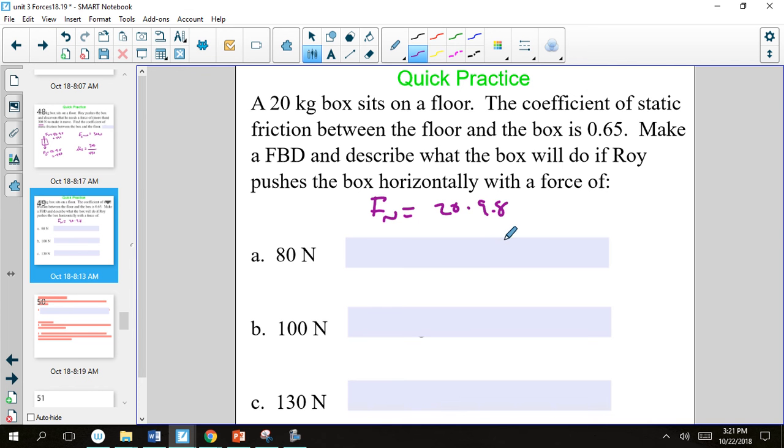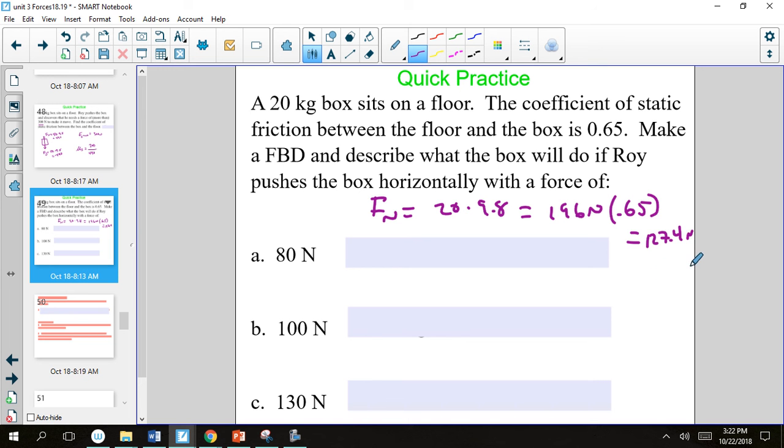It's a perpendicular force. So in this case, our normal force is 196. All right. Now to figure out our force max, we multiply by our coefficient, and that gives us 127.4